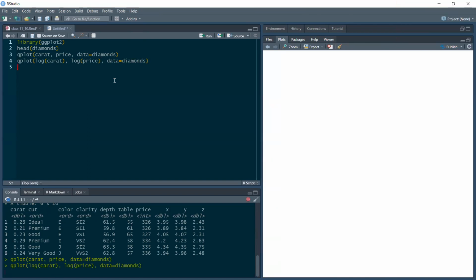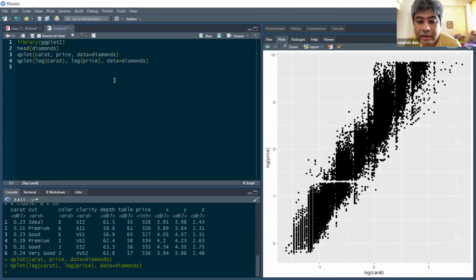Sir, why do we have to take log of price also? Because when we were seeing the direct plot, we were seeing this kind of exponential growth. So that's why we thought to try taking a log, and you can see clearly now it's almost linear. Sorry, sir, I meant why did we take log of carat?